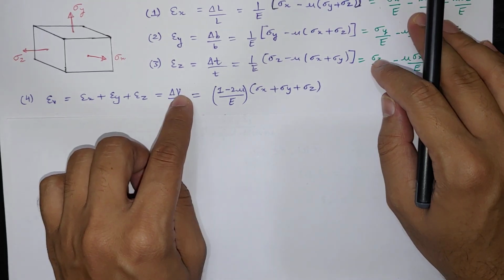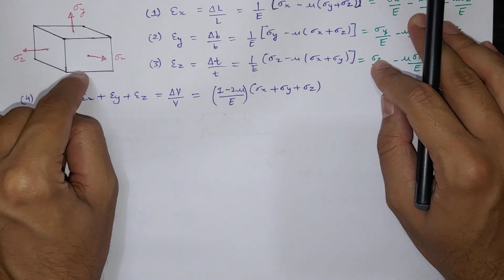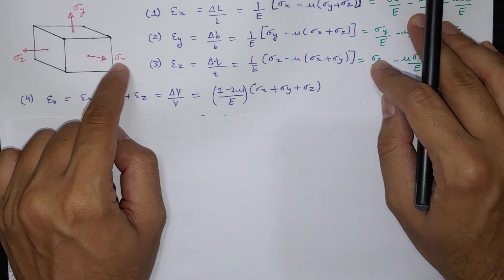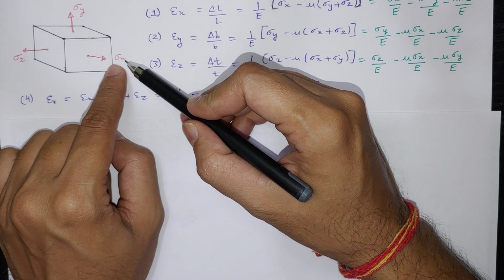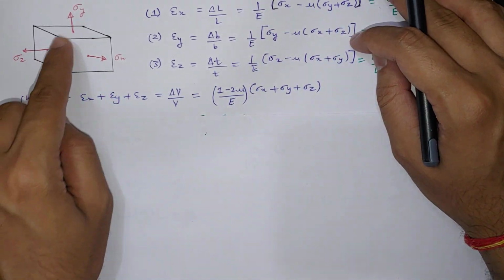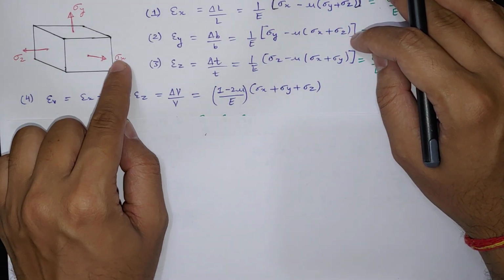So that will be the change in volume upon volume, which is the volumetric strain of this particular element if it is loaded with three different loads. Here the load px, some in Newton, will be there, but I have shown it in terms of stress. Py and pz also can be shown, but we have to divide by area to get the stress value